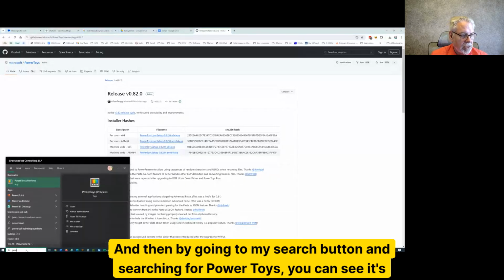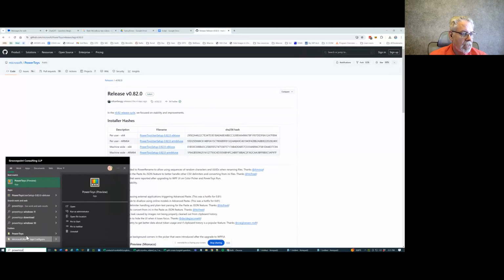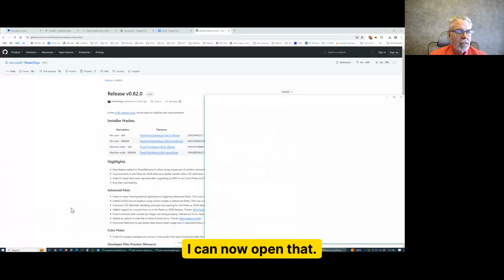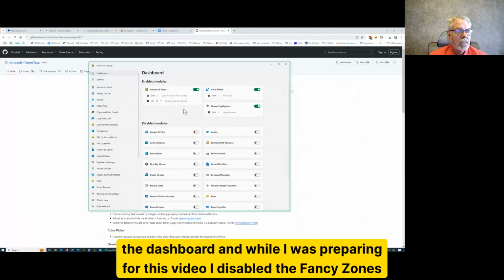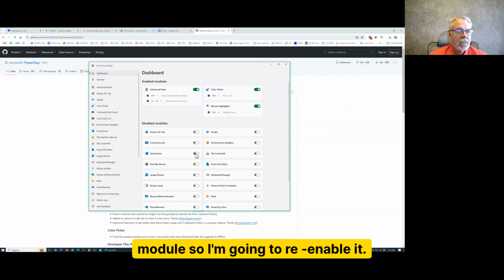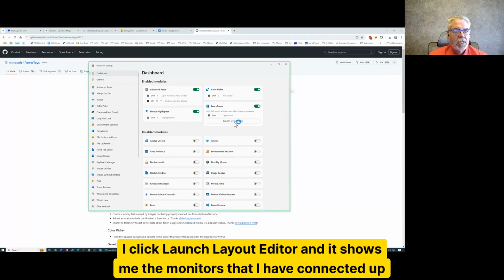I did that and I installed it, and then by going to my search button and searching for PowerToys, you can see it's already there, but I'll start typing in PowerToys. I can now open that, and here's the dashboard. And while I was preparing for this video, I disabled the Fancy Zones module, so I'm going to re-enable it. So now Fancy Zones is enabled. I click Launch Layout Editor,